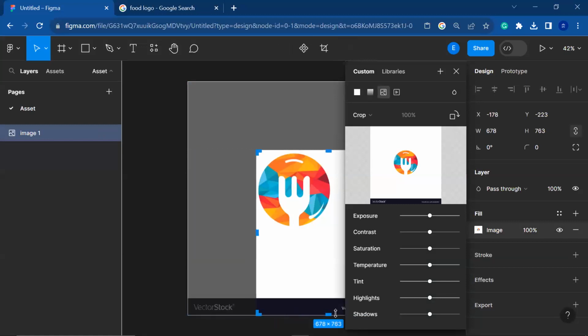I'm only going to use it when I'm using a white background, because I can't remove the background